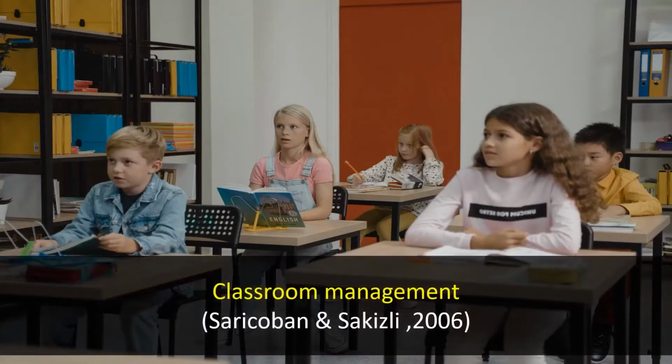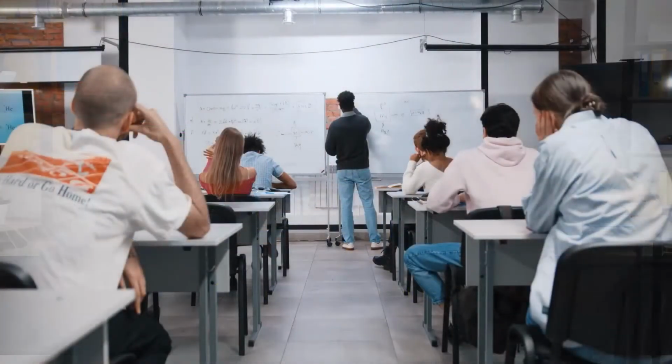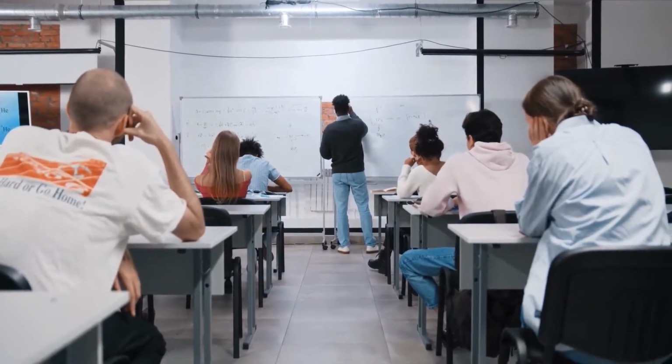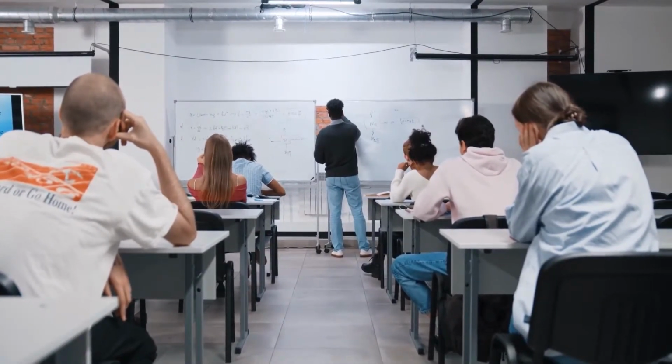When we talk about management of classroom activities, I would like to start with classroom management. One definition: a way of organizing the physical setting of the classroom, students, resources, and the equipment so that effective and successful learning can take place. Successful teaching and learning can take place. This is a way of organizing the various resources, students, and other facilities so that the teaching will be very effective and learning will be very meaningful.